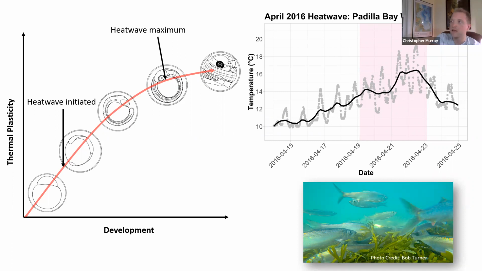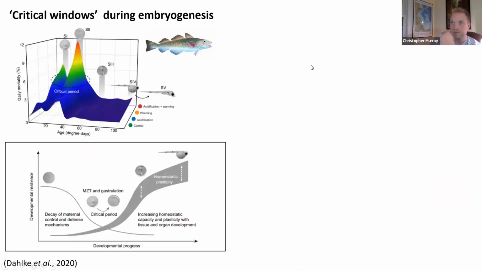issues with sensitivity. The second thing is that if you look at the high frequency fluctuations during a heat wave, I mostly designed this heat wave to follow the average temperatures that were occurring each day. But in reality, because this is a near shore tidal environment, you have these huge swings in daily temperature. And in fact, the maximum temperatures that an embryo would have seen during this heat wave would have been close to 20 degrees, so much higher than the 13.5 that we peaked out at in our study. So this demanded that we design an experiment a little bit differently to look at these more acute effects.